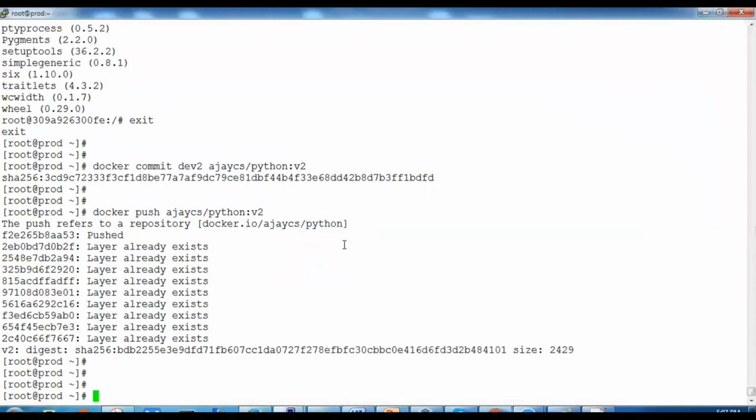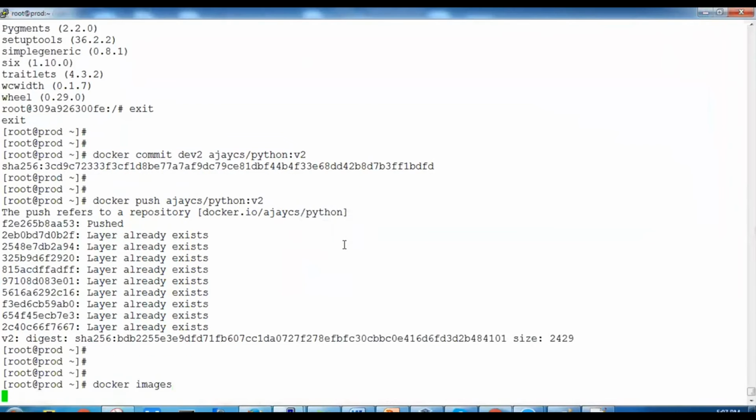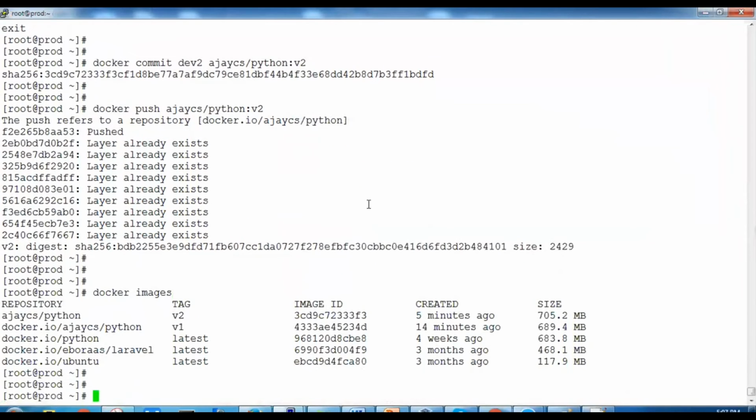All right, so we have already committed it. So we'll say docker images. So here we can see, now we'll remove all this. So docker images, docker rmi, remove.